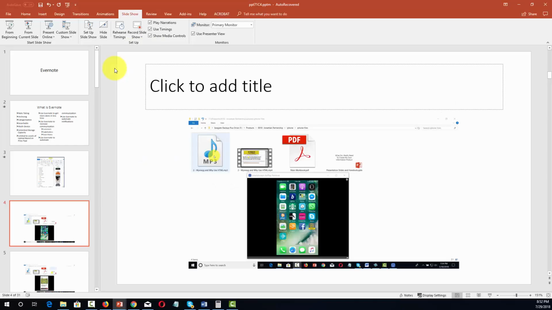Now, in most cases, if you are recording your PowerPoint or presenting live in person to other people, you're going to be using the From the Beginning or From Current Slide panel. This basically allows you to present full screen by clicking through your slides. And so when we click the From the Beginning button,